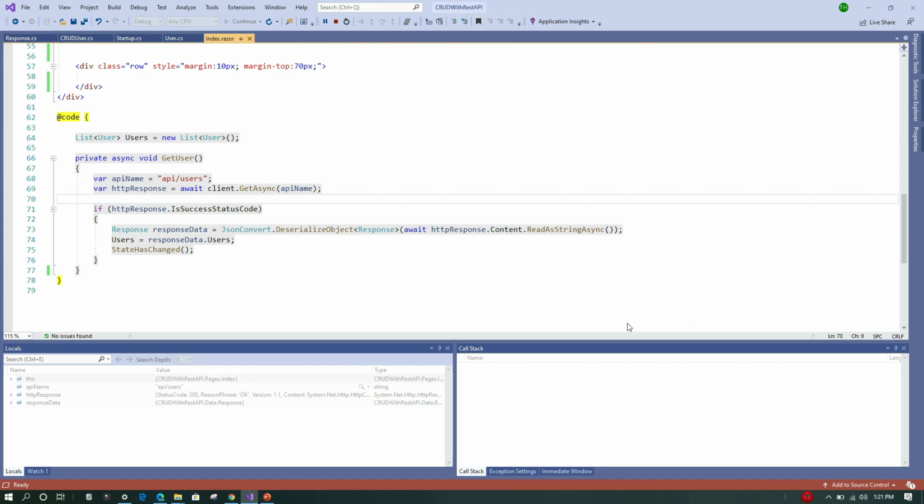Okay, so let me create another user, and we'll just click on this. Now here we can see this user is created at this particular timestamp. And this is the way we call the post method using HTTP client. Now next what we are going to do is